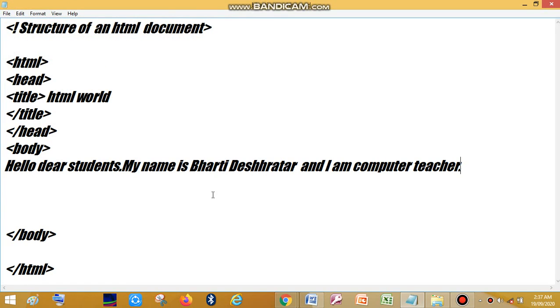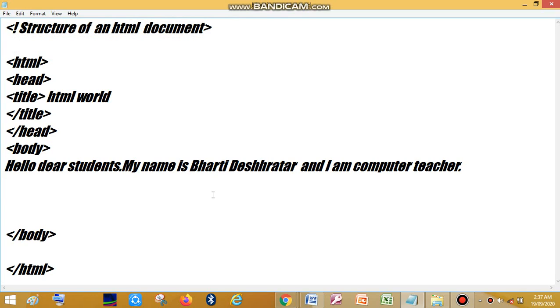Now let's learn how to view your saved HTML document. Once you have created a document, you can view it in any web browser, for example, Internet Explorer, Mozilla Firefox, or Google Chrome.